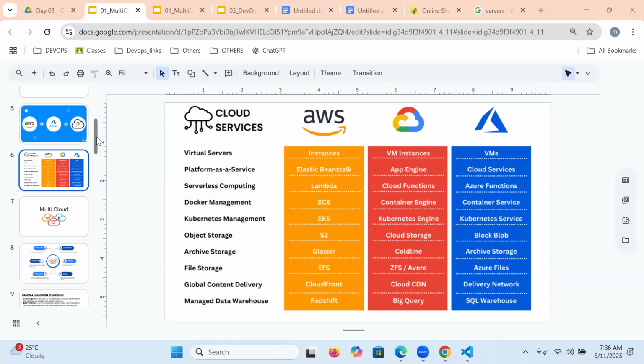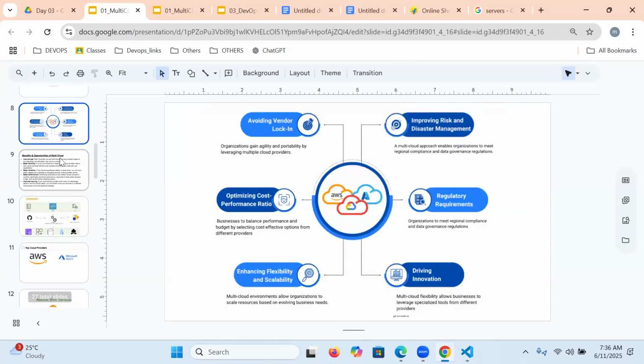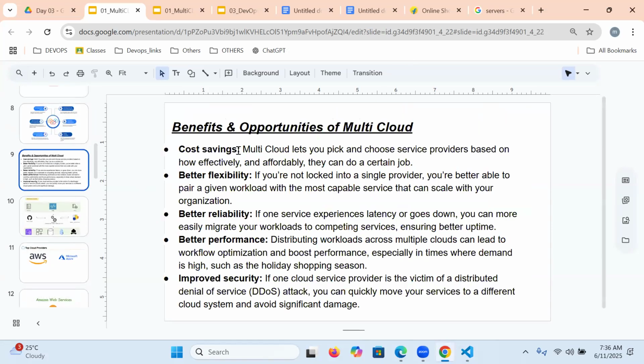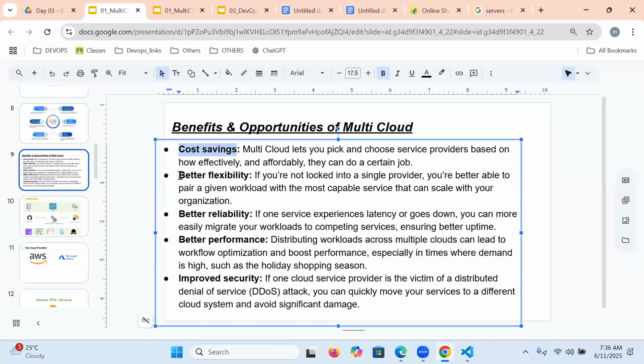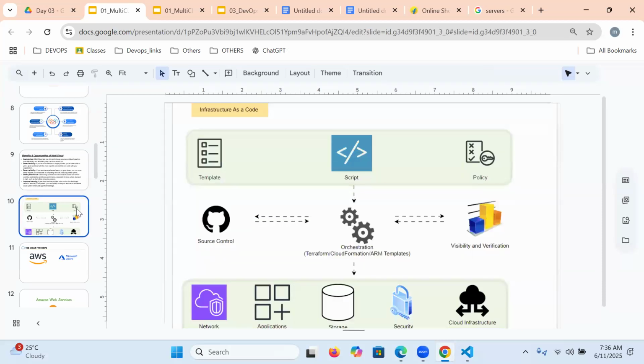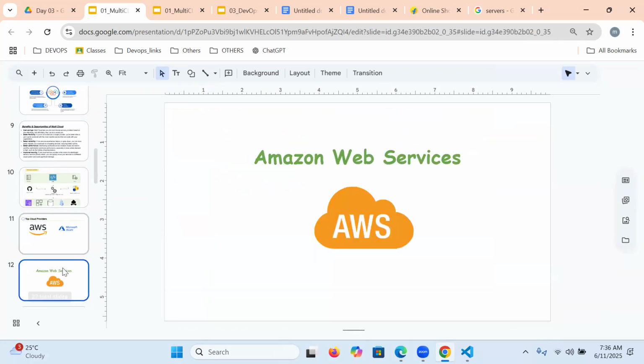So why are we going to use multi-cloud? Because of cost efficiency, we can save cost, better flexibility, better reliability, better performance, better security. That's why we are going to use multi-cloud, and the market is also moving into multi-cloud. It is a common place for Terraform. By using Terraform, we can control our AWS or Azure also. But let us understand for today,